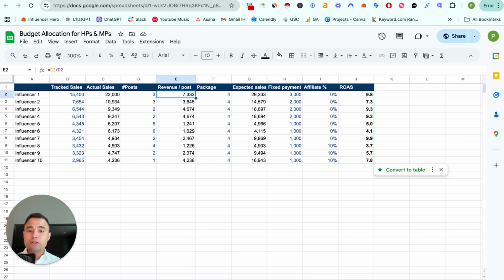Whilst with affiliate commission, it's quite open, right? Because they earn based on the performance. So they might stop after 2 posts because they forget about it. But if you make a package and you say, hey, we want 4 posts and you get $3,000, they commit to the total number of 4 posts, right? So it increases commitment, which is really important because throughout these seasonality campaigns, let me just quickly explain this here